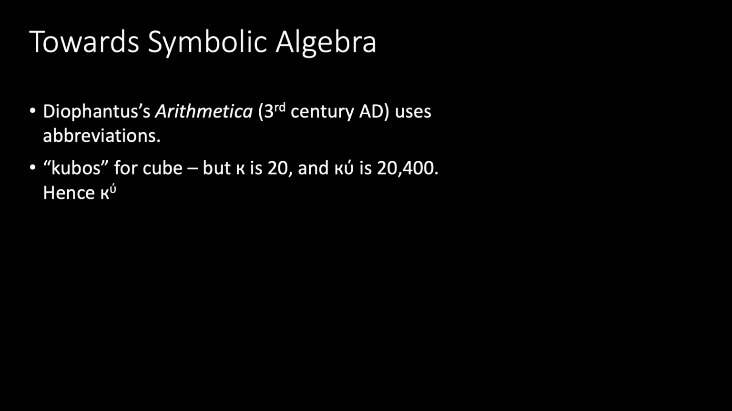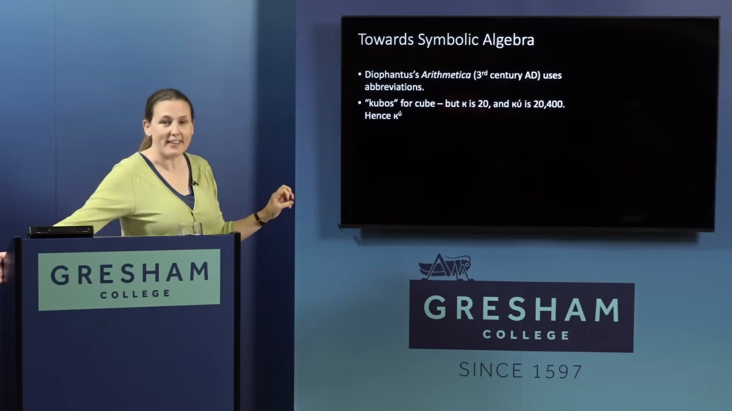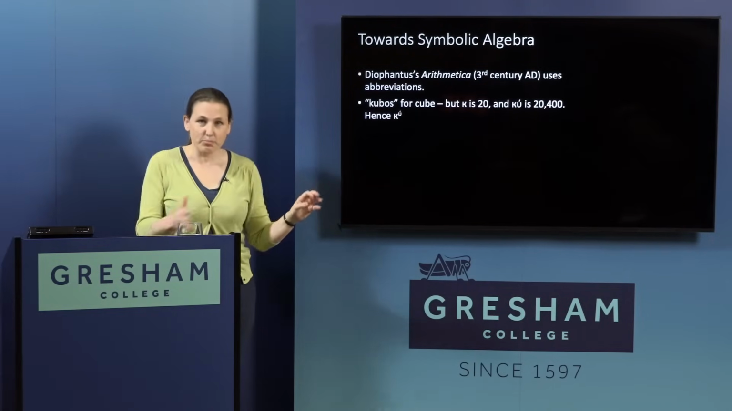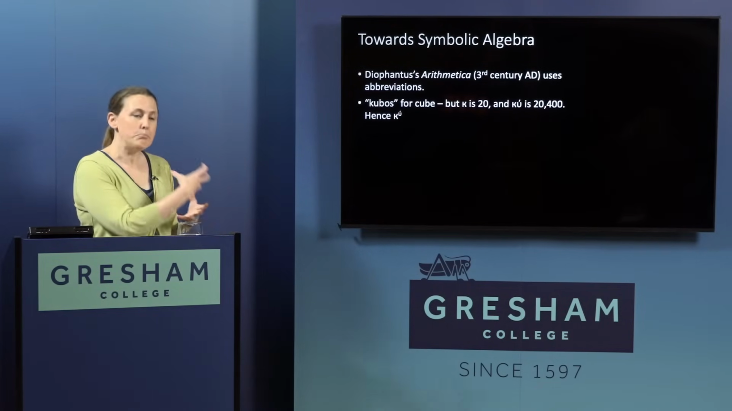And there's a problem about that if you're writing in ancient Greek, because we've seen that the symbols for numbers were just letters of the alphabet. So alpha is 1, beta is 2, and so on. So if you then want to start using symbols for variables, or letters for variables like we would now, that's